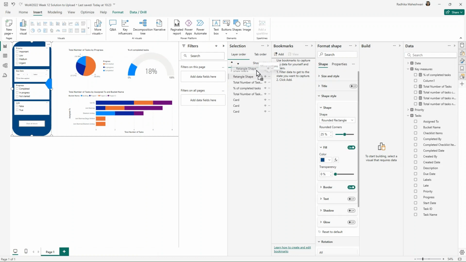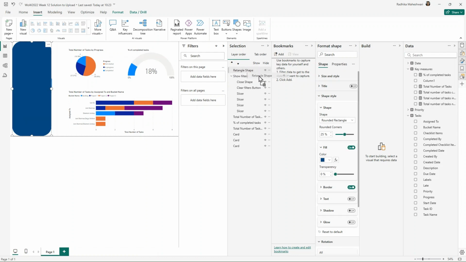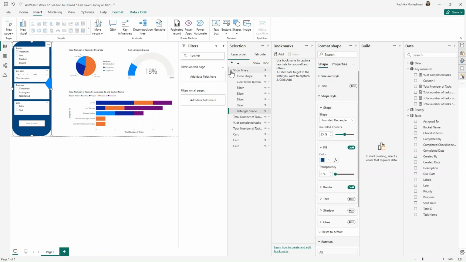I will put this in the show filters as well. So let's bring that here. And now what I can do is add a bookmark. I will call this show filters bookmark.